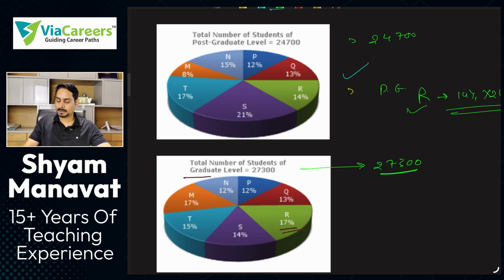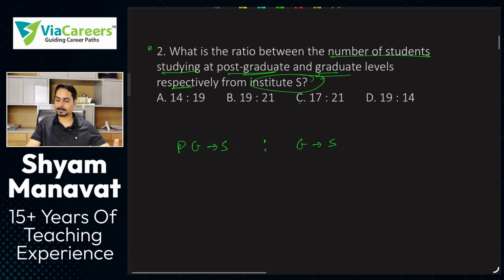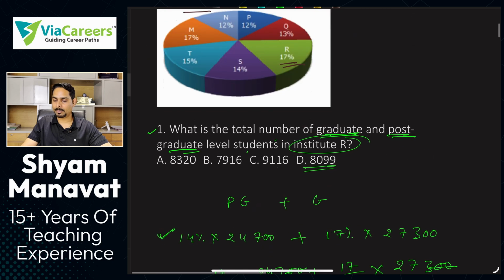PG. To find the number of students for Institute S from PG level, I need to calculate 21% of 24700. Correct? Okay. So here I have 24700 multiplied by 21%, or I can say 21% of 24700 ratio. Now we need to see